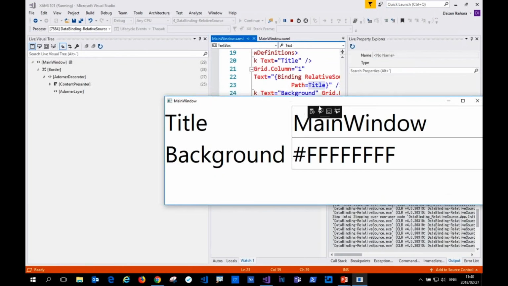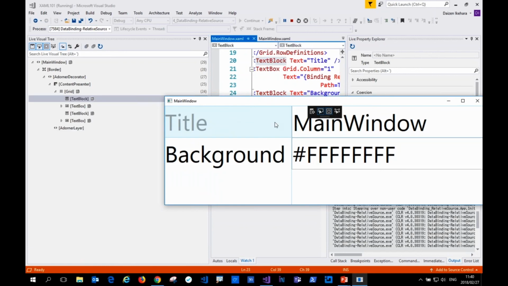So let's run the application. You get these black square rectangles. So enable selection, display layout adorners. So when you click it,